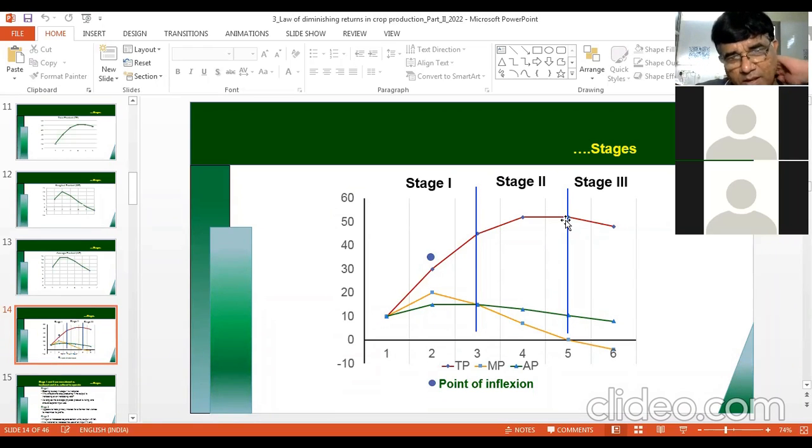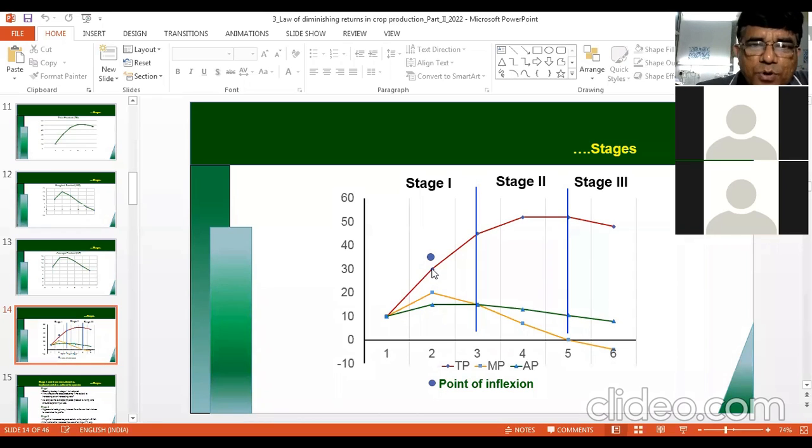Now you see the yellow one, the marginal product. You can see at unit 2 it is maximum, and then it starts falling. Immediately above this, on the TPC, total product curve, you get the point of inflection. You can see this round solid circle, light blue or gray color. So this is actually the point of inflection at unit 2